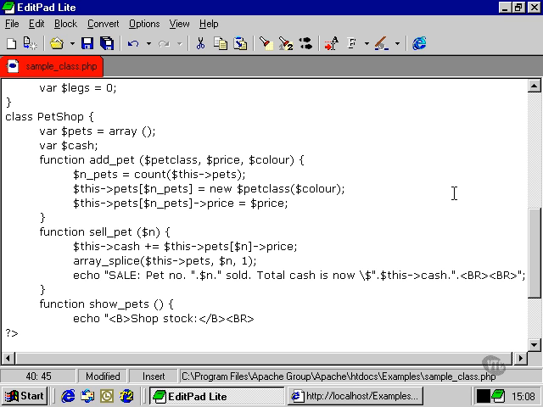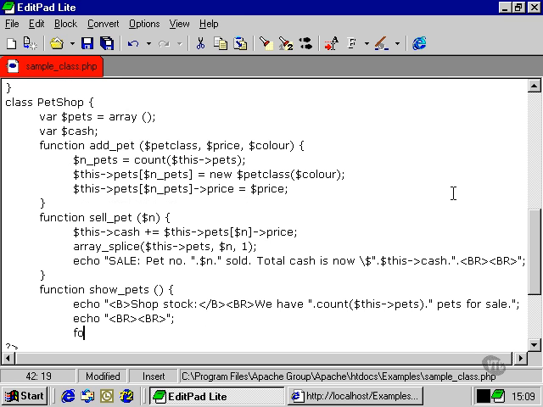and then a line break, and then we're going to count the number of pets. So we're going to count the pets array, which will contain all the pet objects that we've created. Then a couple of line breaks, and then we're going to iterate through the pets and we're going to specify each of the pets that are stored in the pets array,